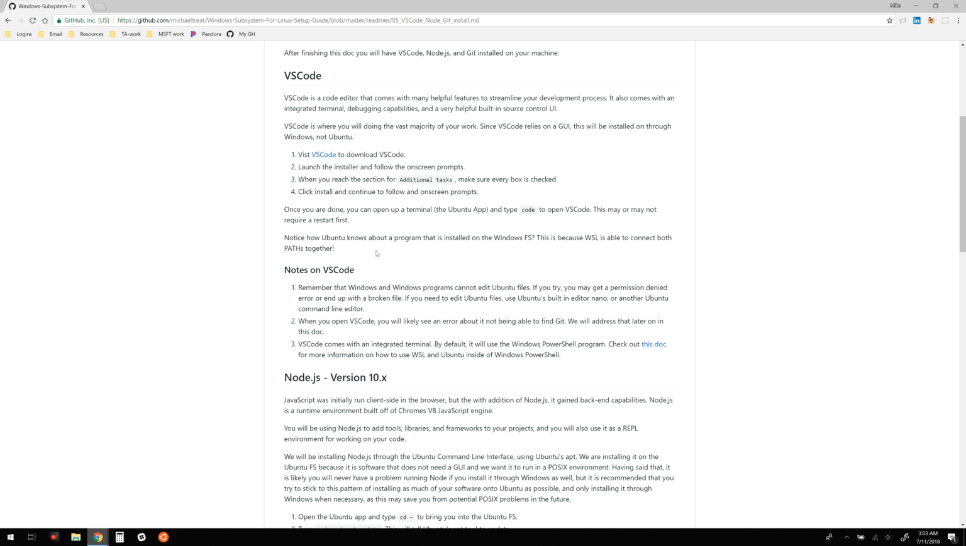The other reason we would install this on the Windows file system is that we don't necessarily need this editor to run in a POSIX environment, right? It runs just fine in a Windows environment. Now, obviously, you're not going to know that for every piece of software that you download or install, but as a rule of thumb,